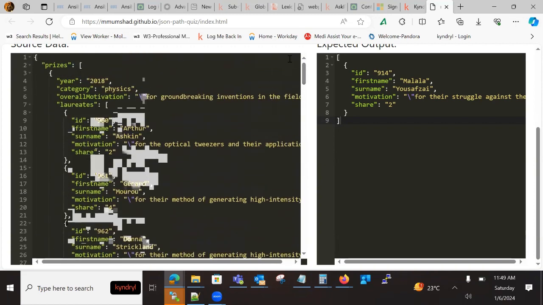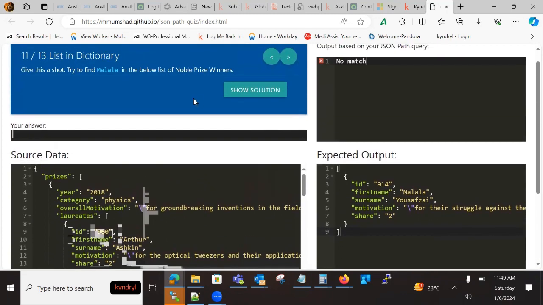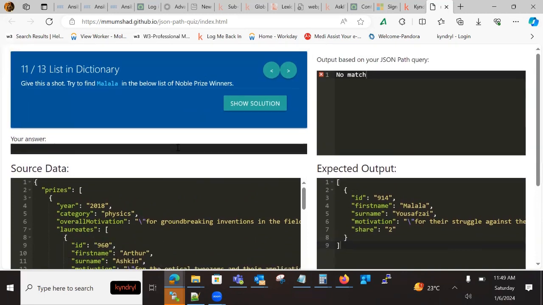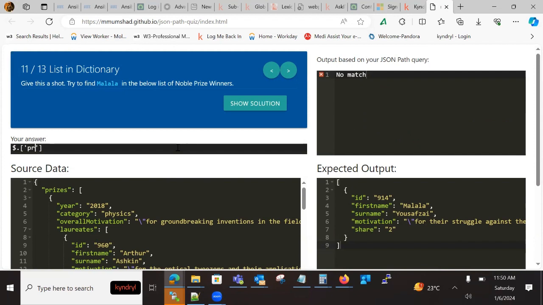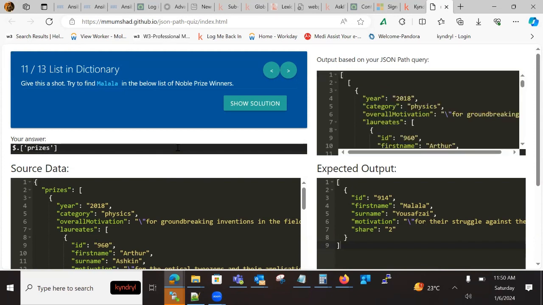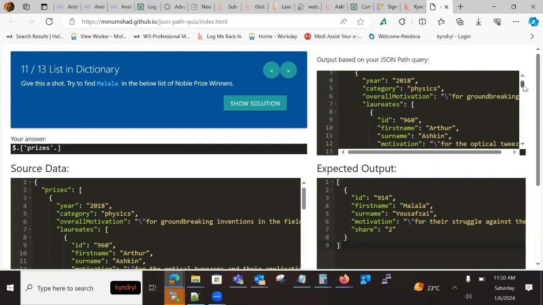So we do not know under which year it is present, right? Yes, under prizes we can try querying. So from prizes we need to search. Yeah, correct, we can give a try. This is a good question, but dot prizes, within square brackets, single quotes, prizes. So now we want to find Malala. We need that string, right? It is first name. First name is Malala, right? Yes. So we will go for